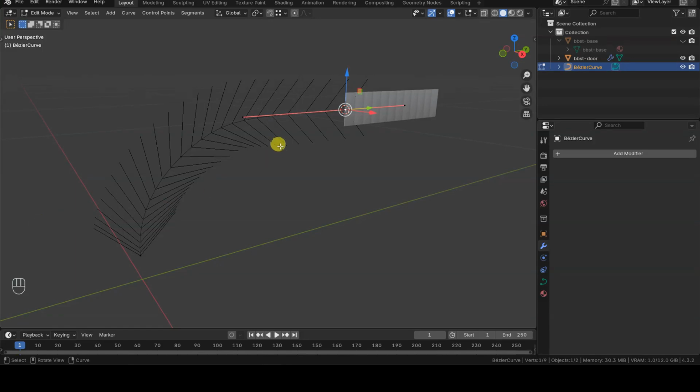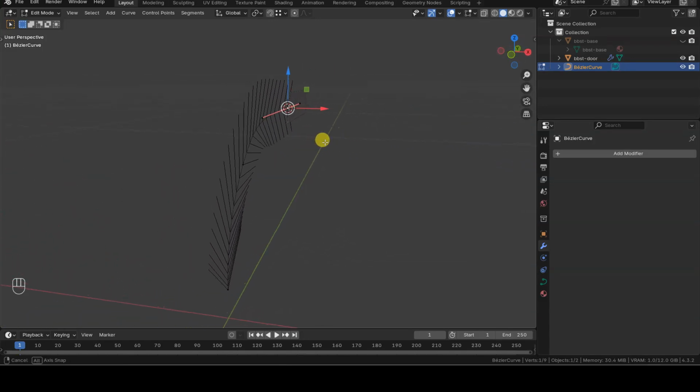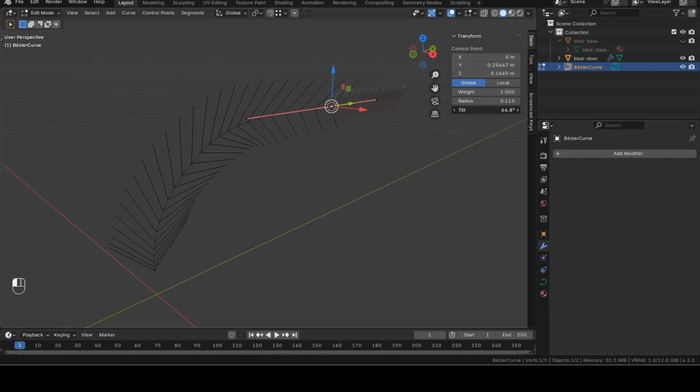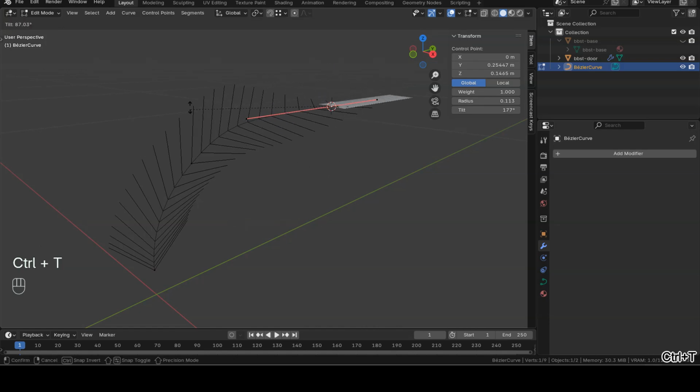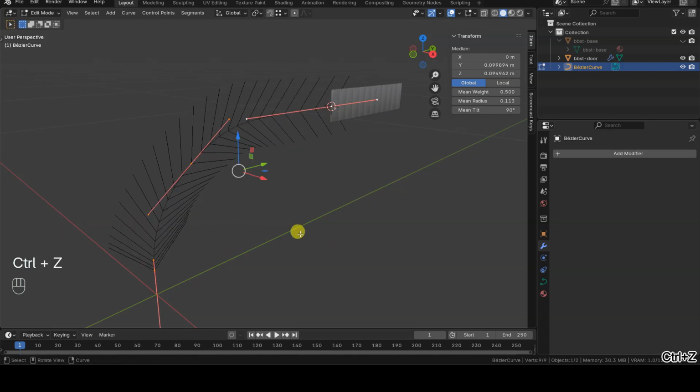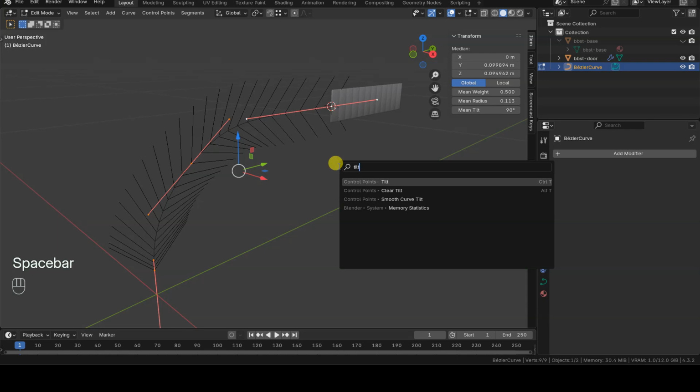Tilting represents the rotation of the curve's control points along the path direction. Objects modified with curve deform follow this orientation, so it's necessary to set the tilting correctly. Tilting can be adjusted by selecting one or more control points and setting the desired value in the transform panel, or by using the Ctrl-T shortcut and entering the desired rotation value. You can also reset the tilting of one or more selected control points using the Alt-T shortcut.